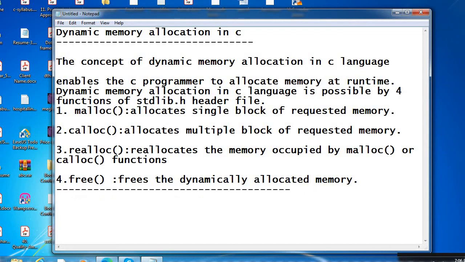So the syntax for the malloc function is, we'll write like this: ptr = (cast type *) malloc(byte size).